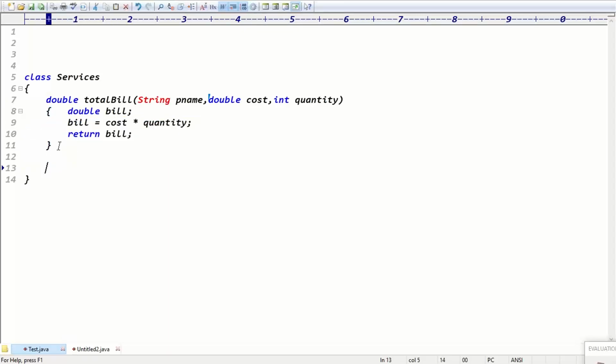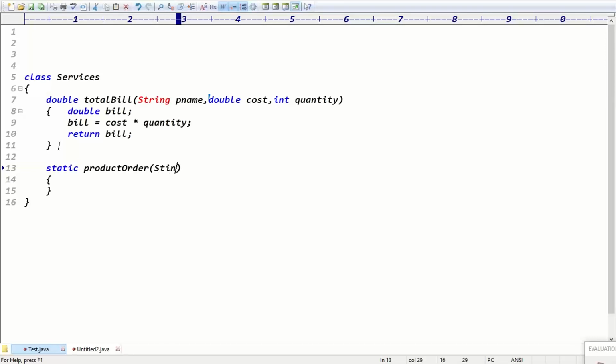That is the first method, basically. And if we take one more method, like a static method, the method name is called productOrder. Okay, there is the totalBill method, and the second one is the productOrder method. Product order means we are going to order some product. When you order a product, you give the product ID, product name, product cost, quantity, and the billing address, location, right? Once you submit all these details and the order is placed, they will return some ID number, the order tracking ID, right? Yes or no?